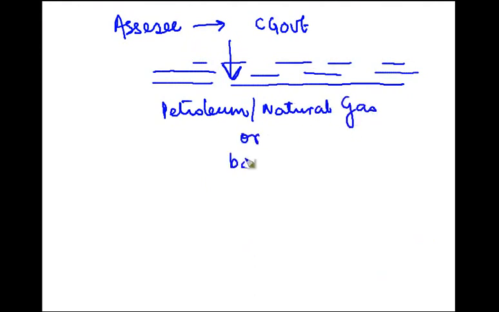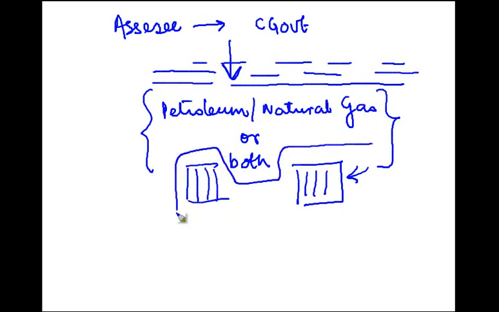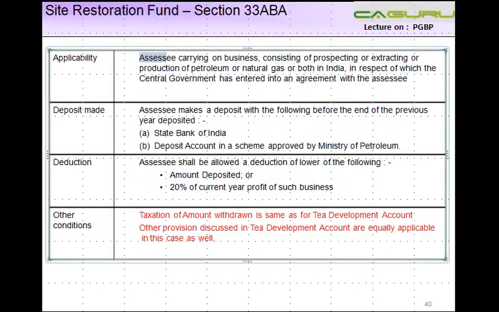or both. Now, whenever you are looking out for any kind of petroleum or natural gas, there's a lot of digging in the search of petroleum or natural gas. There's a lot of digging and everything which takes place. Once all the process is through, then this site has to be restored back to normal. So let's say if you dig down 300 meters below the regular earth surface, you have to obviously fill it off, right? Site Restoration Fund is basically something like this only.